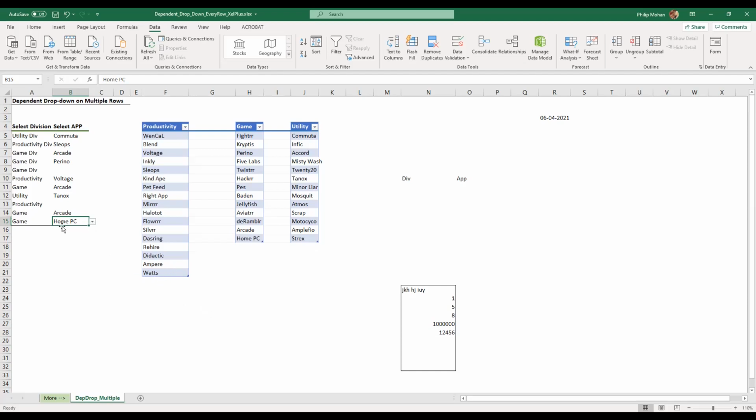That is, if you add something, it will automatically come in your validation, and anywhere else where the table is referred to, it will automatically know that the last record of the table has now changed, and it will include that last record for any information that you might be pulling out of that table.